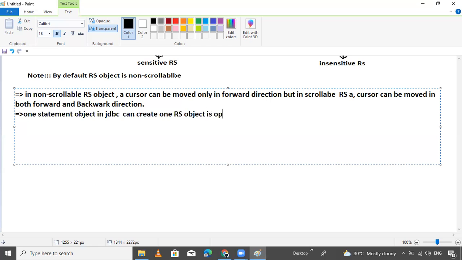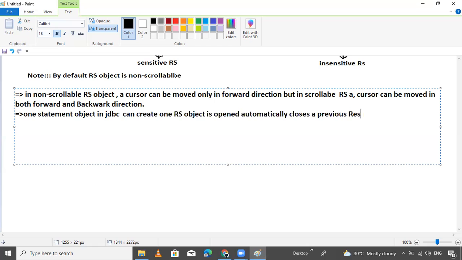The new result set object is opened automatically, and the previous result set object is closed automatically. The programmer does not need to worry about closing the result set object.